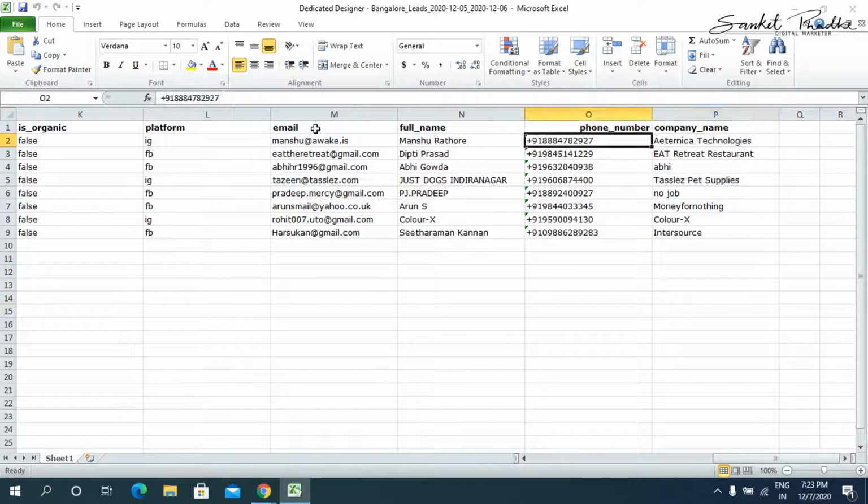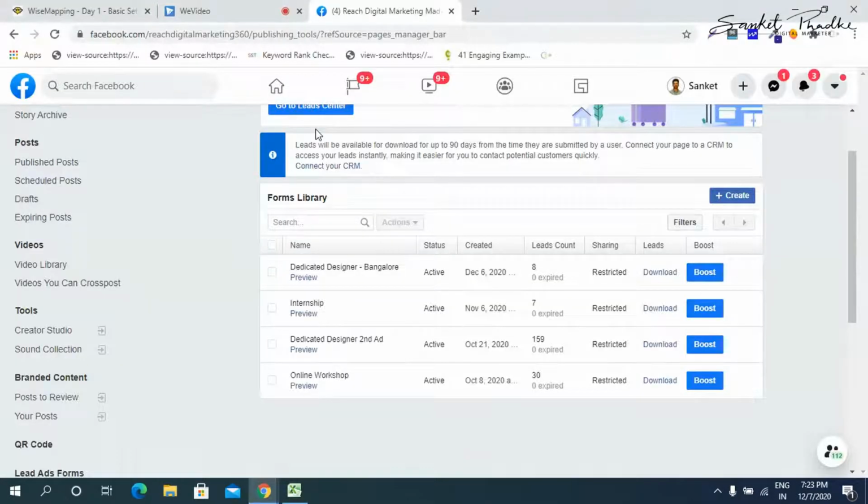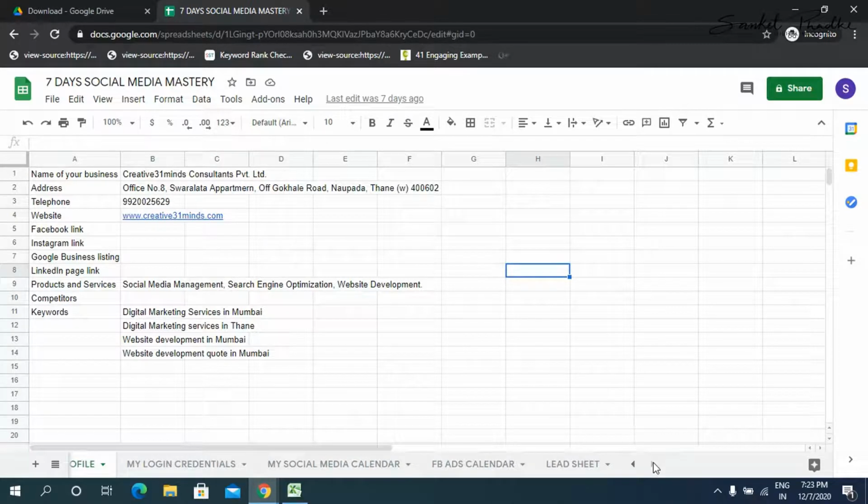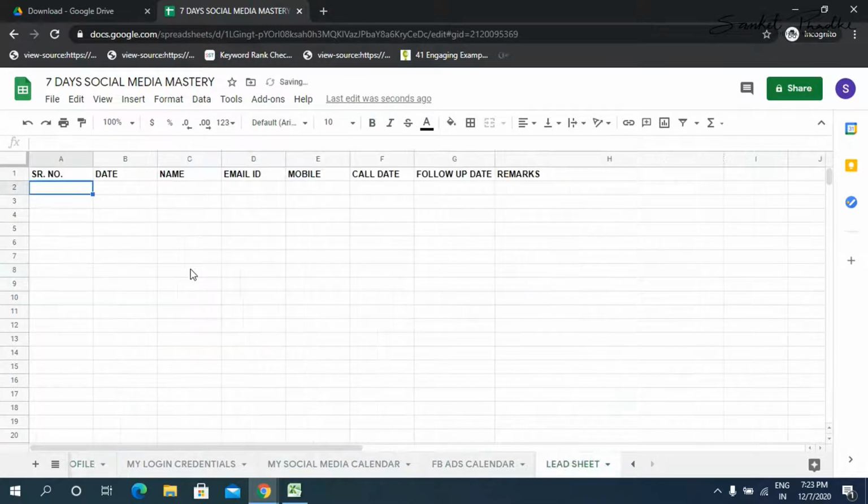Now simply what you need to do is go to our Google Sheet, the master sheet that we created, which has all this information. Business profile, my login. Under the same, if you remember, we had created a last sheet which is the lead sheet. First mention the serial numbers.